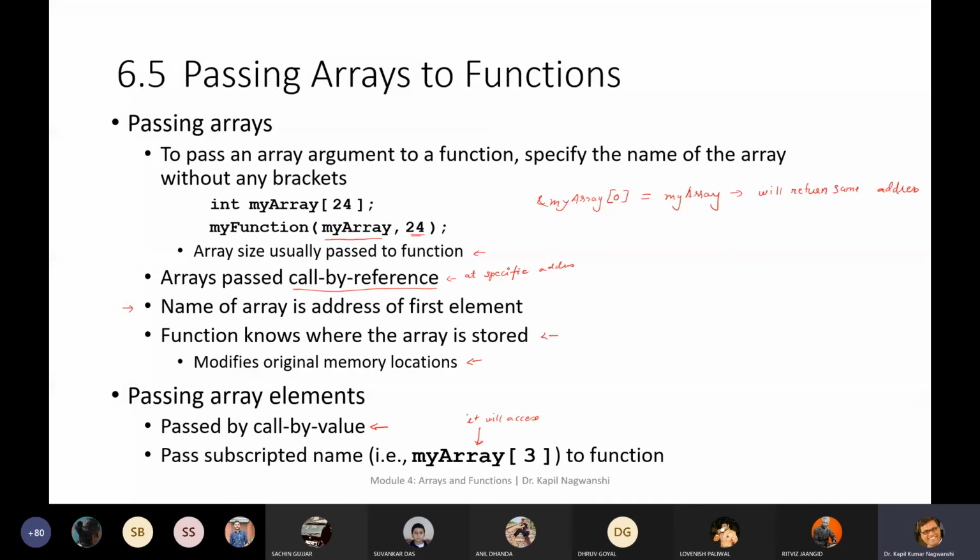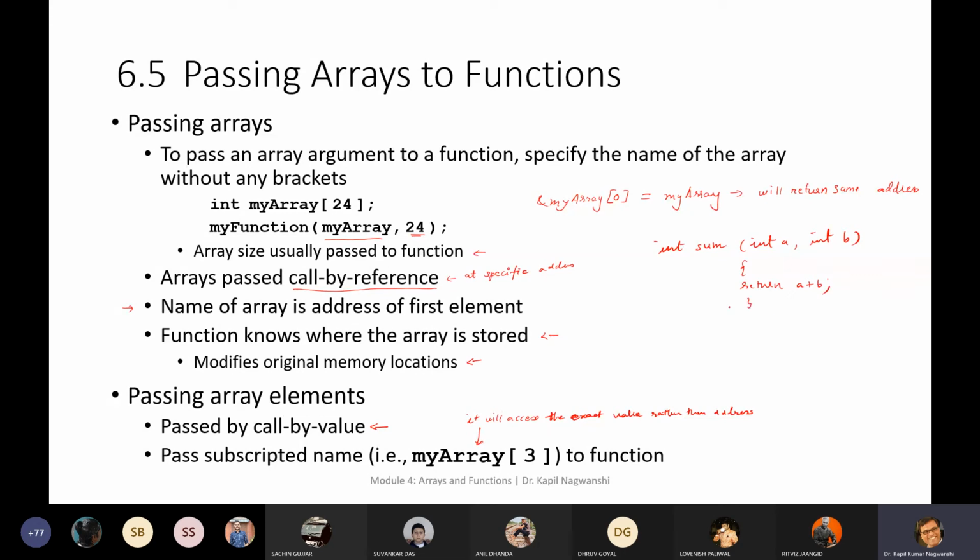Now, this particular value, my array 3, will access the exact value rather than the address. Fine. So this is the reason, like integer sum. Integer sum was our function, integer a, comma, integer b, and it will return a plus b.